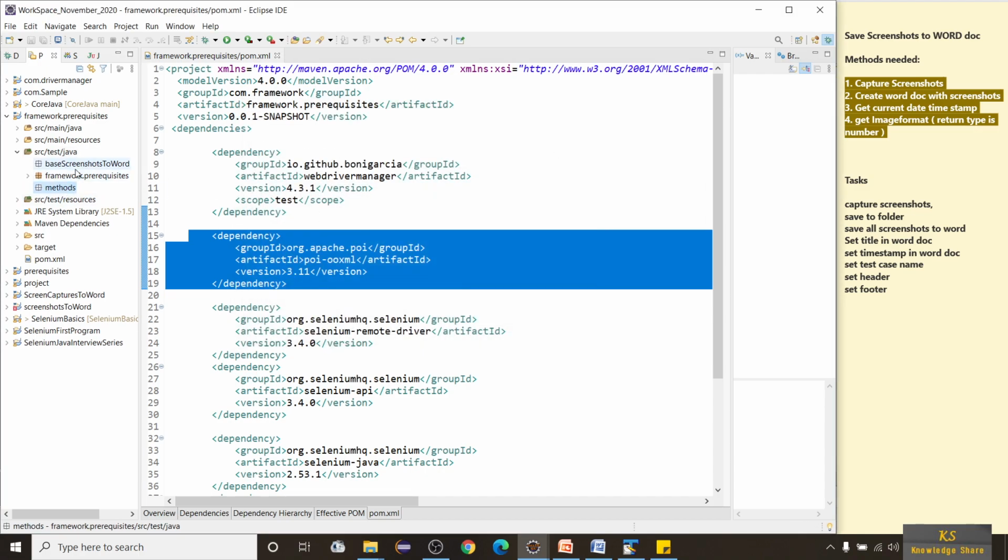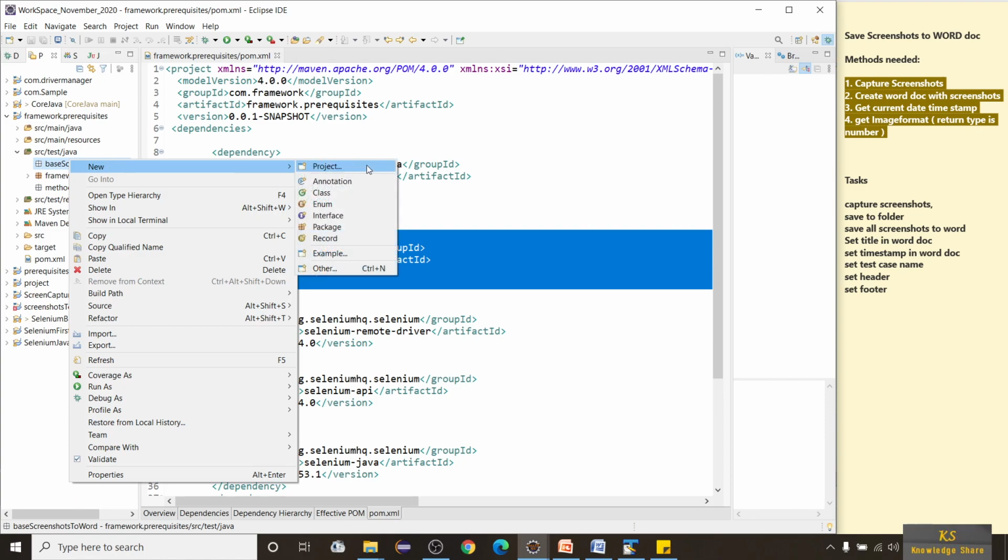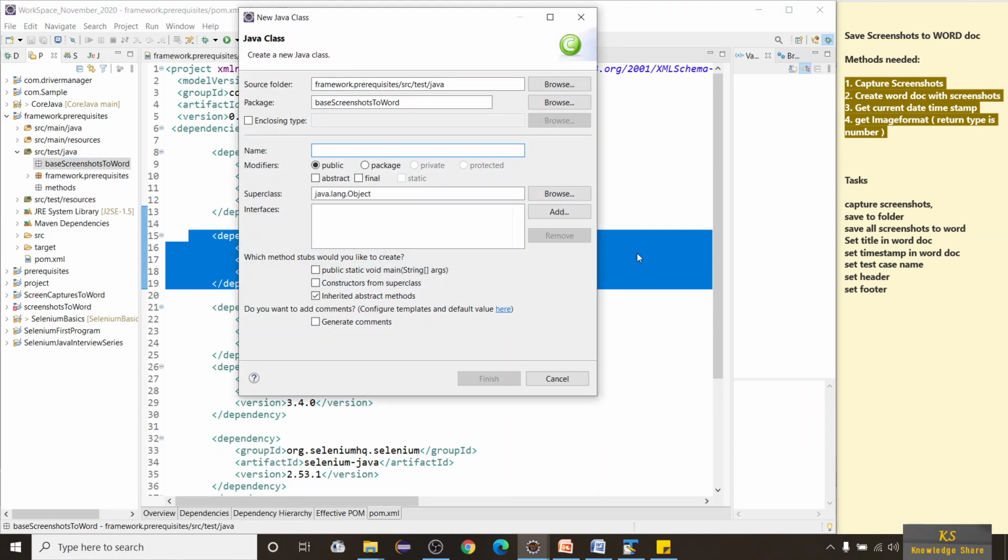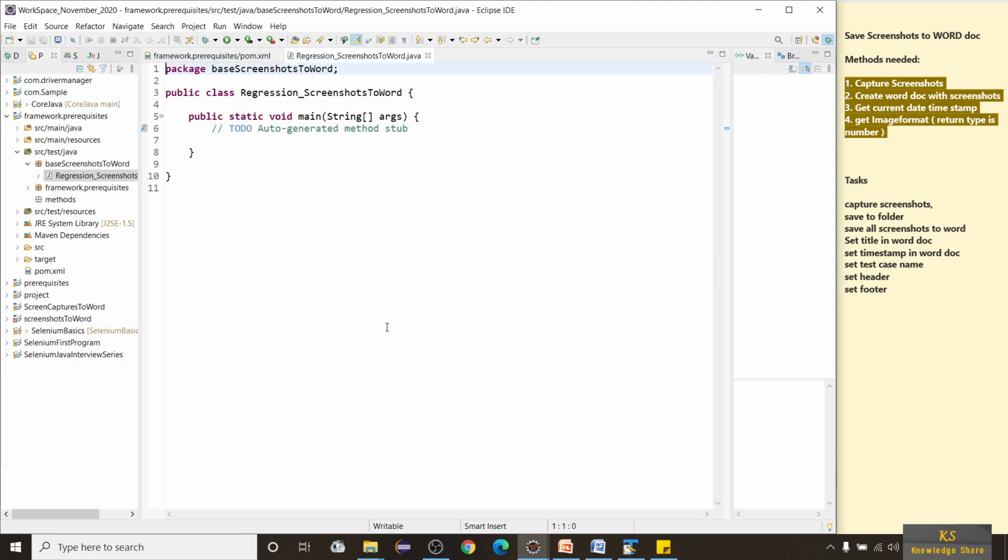Okay, now let me create a class here. I'll call this screenshots to Word, and let me put regression underscore screenshots to Word, and let me take public static void main.